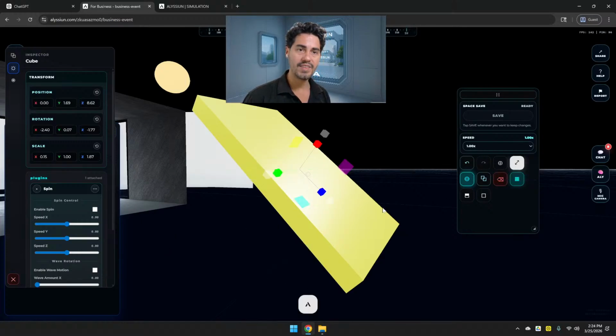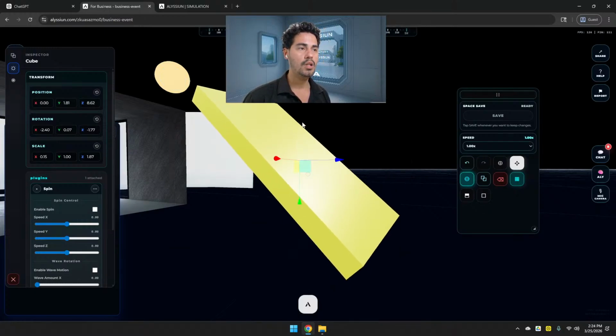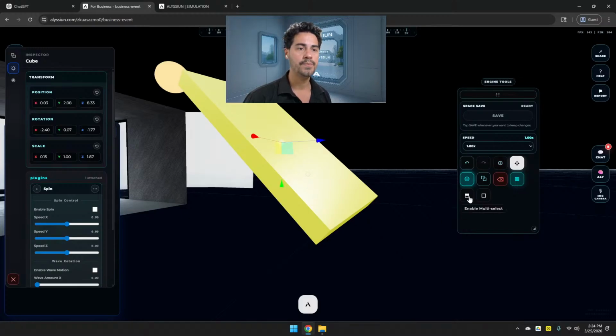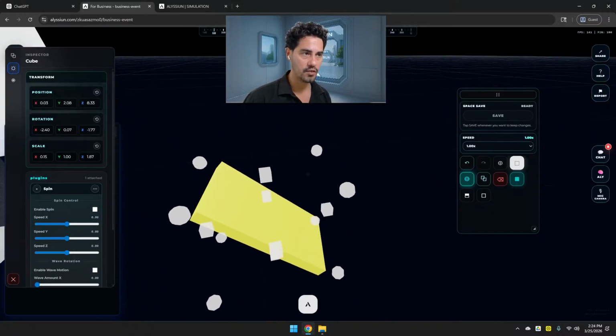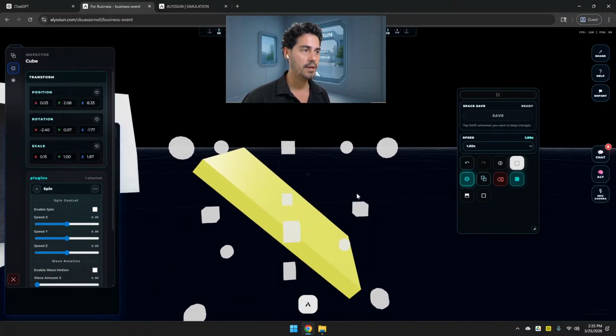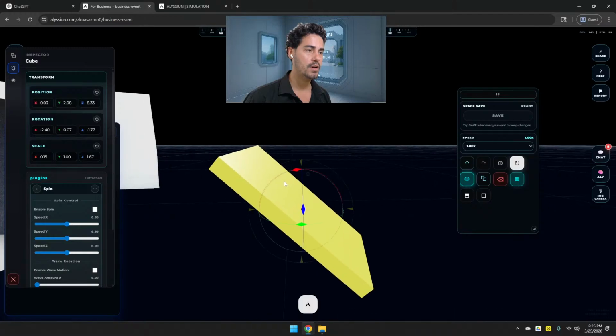Or you just press E, the keyboard shortcut for easy access. If you want, this is the local position or global position. It changes basically from global to local. This is global, sorry, and this is local, which means it points to where the object is. That's pretty cool. And then you have this one, which is the only one that is not really perfect, but I'm going to make it work really well.